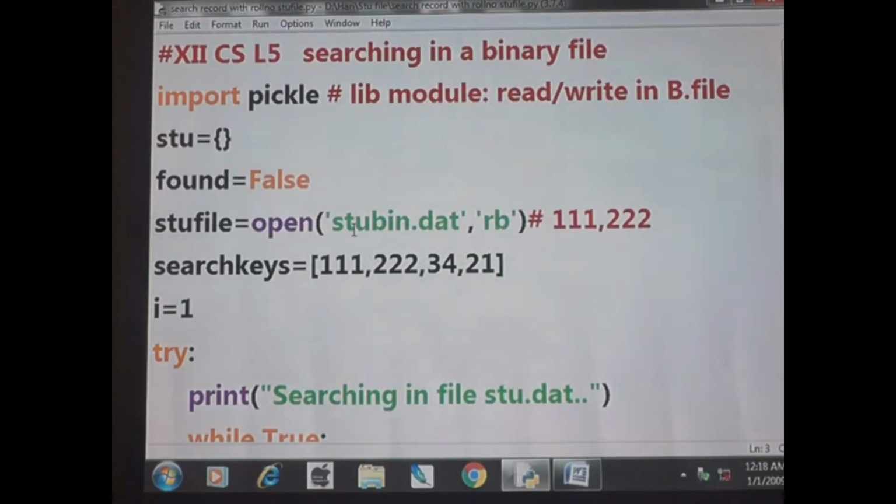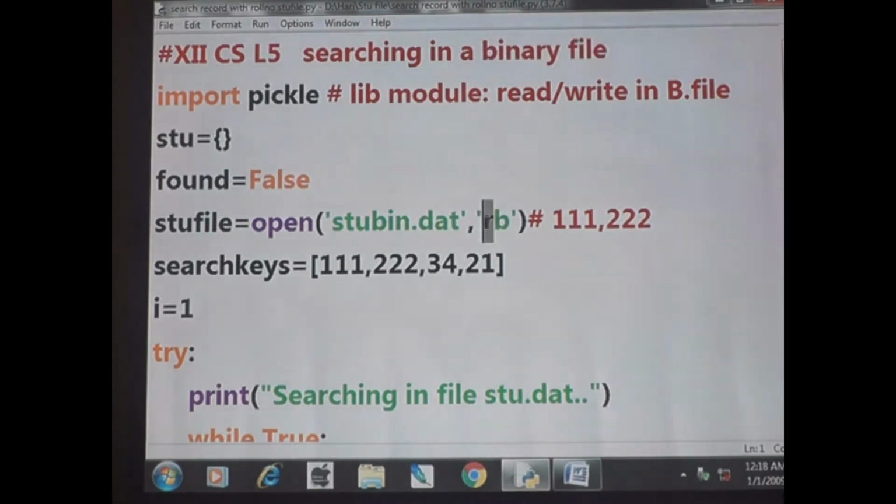We are going to open the file stubin.dat in read mode. Once again I will say, we are going to open stubin.dat in read mode. What is this b? B defines it is a binary file.